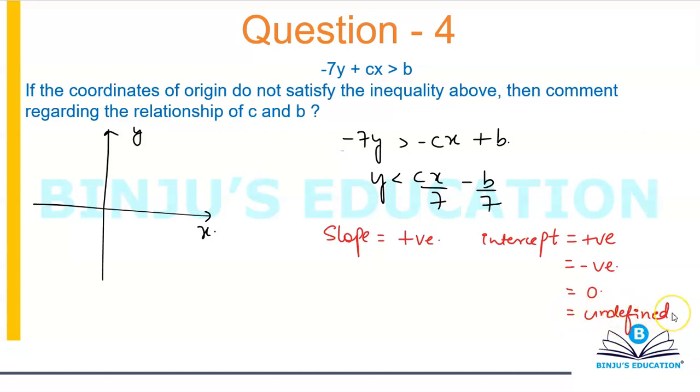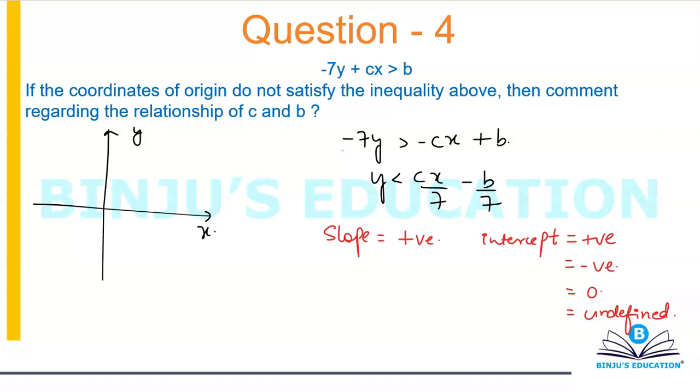See, again, I have taken this question from a theoretical purpose. Okay, my purpose is not to like give you questions and like mark A, B, C, D, whatever the options are. My purpose is that you should understand each and everything. That's my concern. So it may take me like some time to solve the question. You will not get these kind of questions in the exam, but if you do not understand these questions, you won't be able to develop your basics. Okay. The first thing is your slope is positive, your intercept can be positive, negative, 0, or undefined.